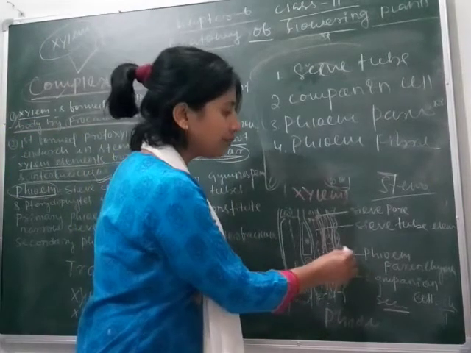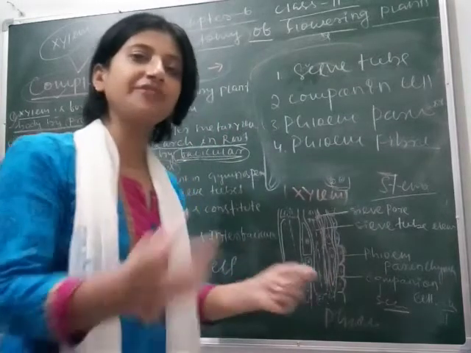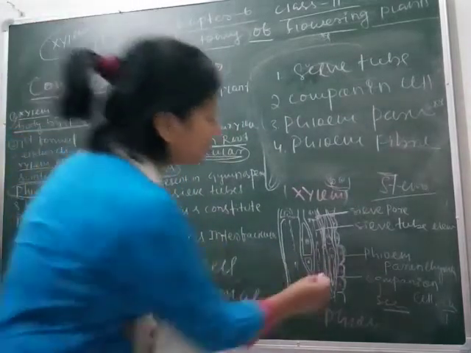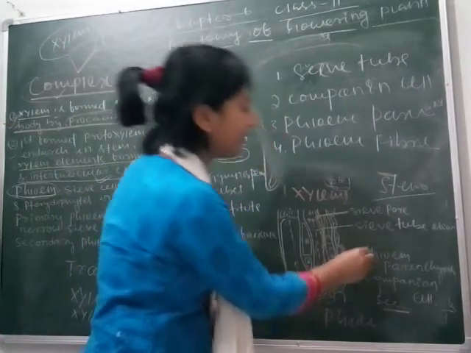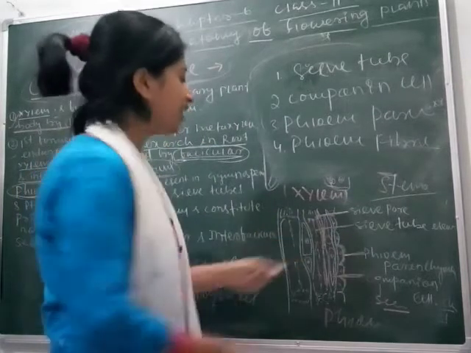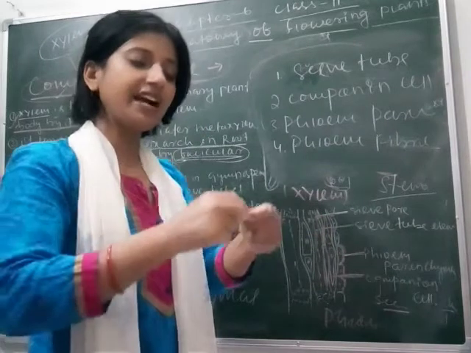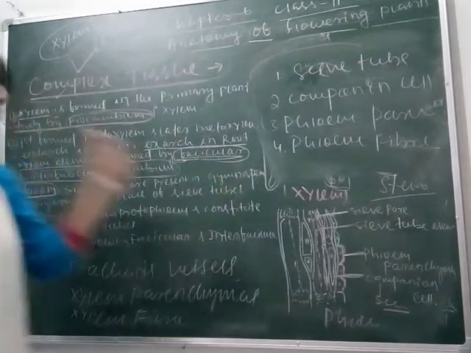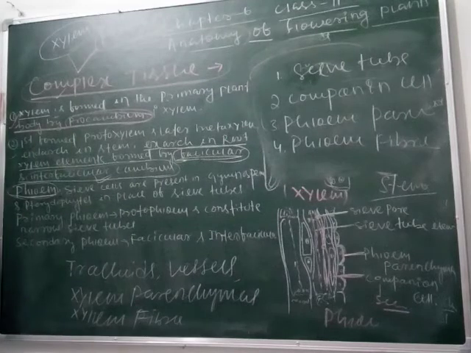So here is the phloem parenchyma, and here are the companion cells which attach to the sieve tube. This part is your companion cell, this part is your phloem parenchyma, and this is the sieve tube which is separately visible. That narrow tube-like structure, you can see the diagram clearly,